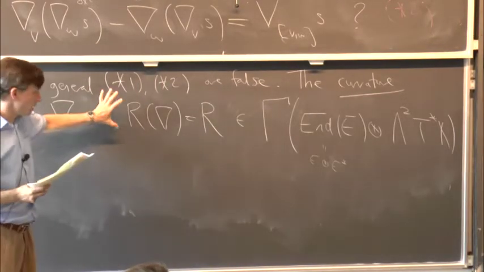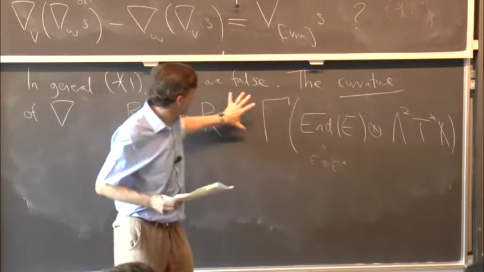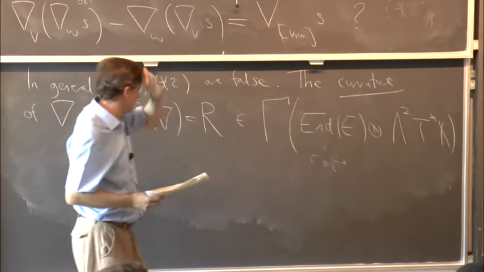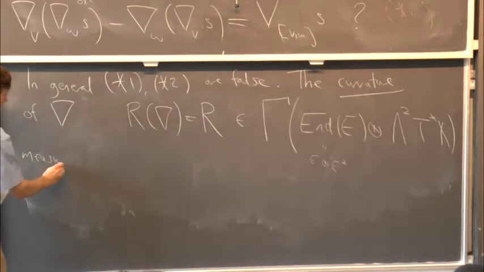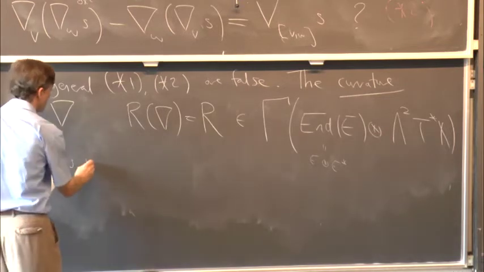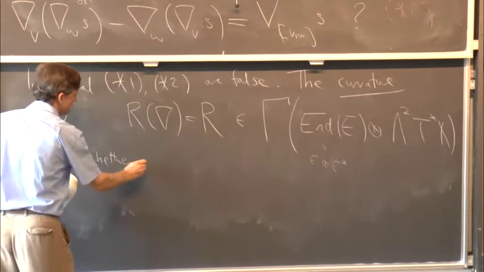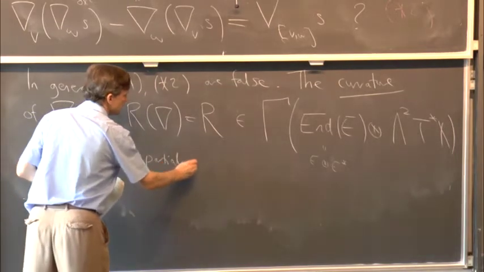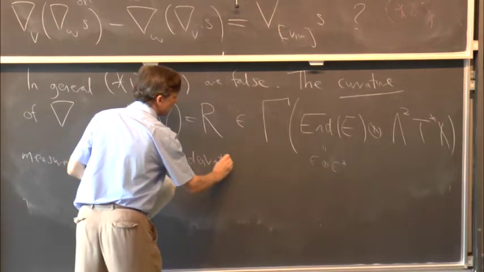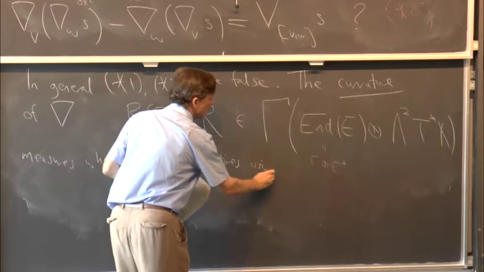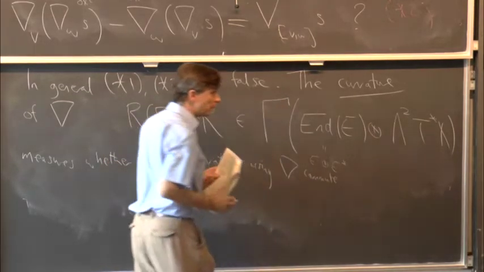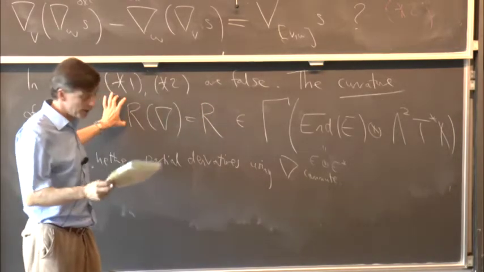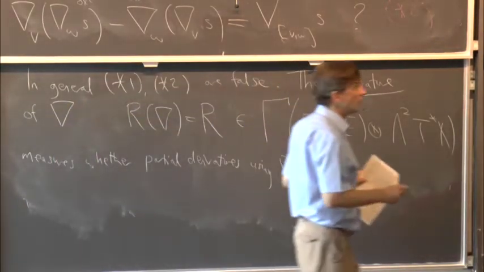So we're going to define an element of sections of this big vector bundle. So this measures whether partial derivatives commute using nabla. So all partial derivatives will commute if and only if R is equal to 0. And it's so